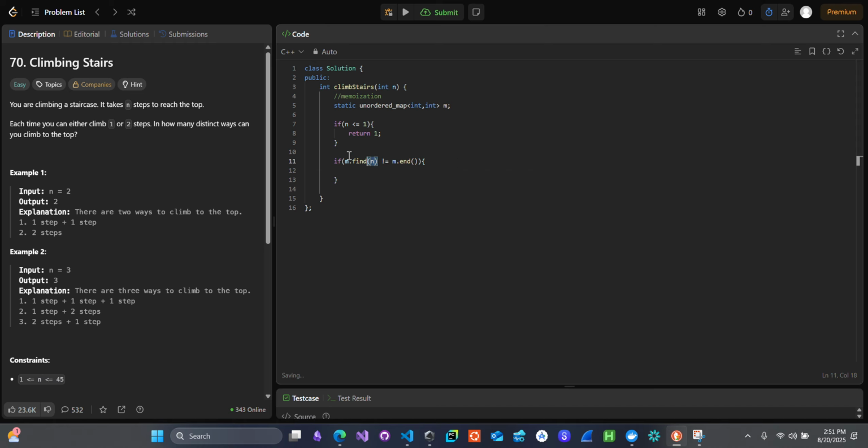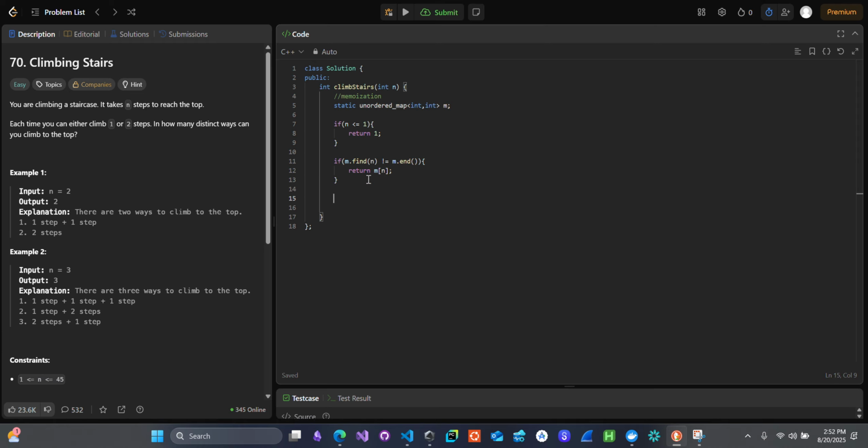This will return an iterator at location n. If it doesn't find it, then it's going to be at the same location where end is, and the condition will be false, basically. But if it's true, what we want to do is just simply return it. This is what saves us from having to do extra computation. And we will go ahead and just return this,